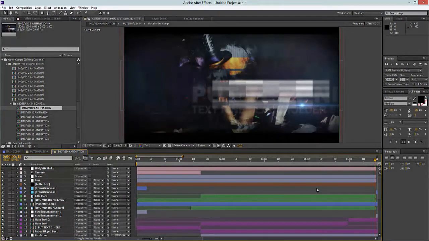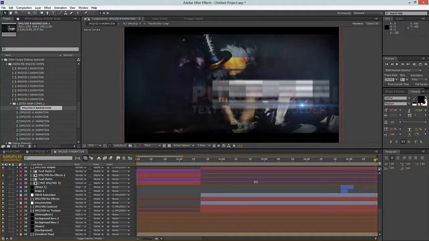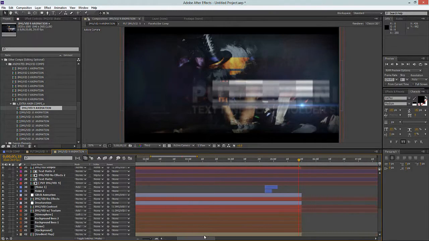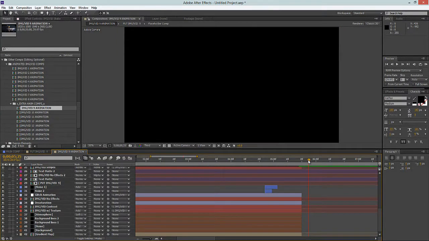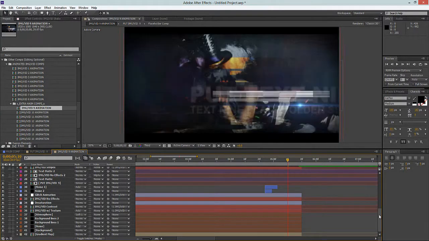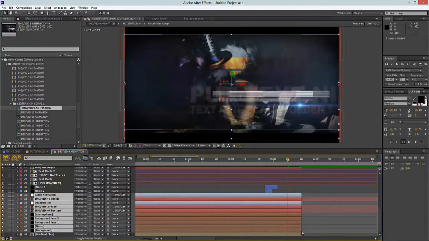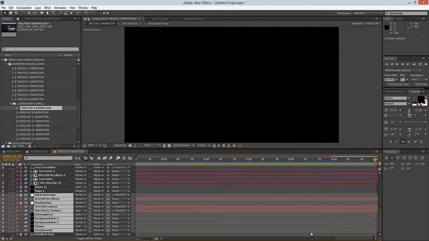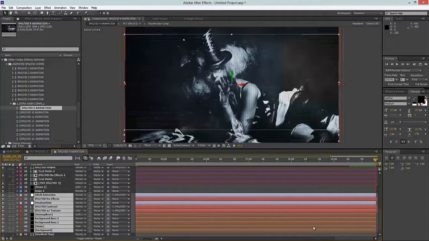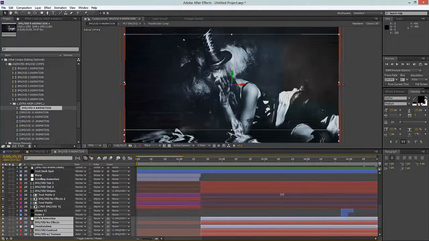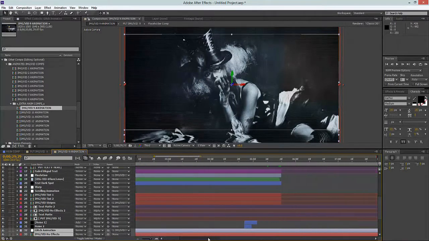And now that I have my longer duration, I need to extend all of these layers so that everything doesn't end right here. It just goes black. So let's start from the bottom and work our way up. I'm going to select all of these layers, press End on the keyboard, hold down the Alt key, and press the right bracket key. Now you can just click, hold, and drag the end of the layer as well,